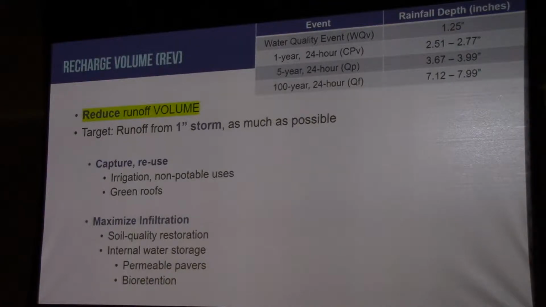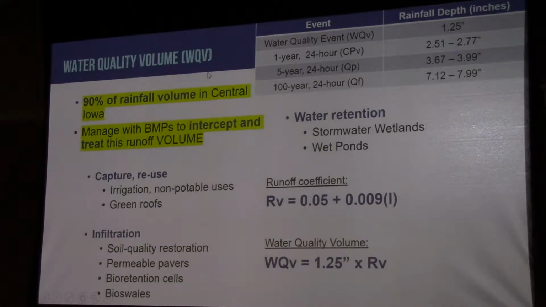Now, how the draft chapter works right now is this is a target standard, which basically means we would like you to meet the 1-inch, to infiltrate the entire 1-inch storm runoff. But in some sites, that's not going to be possible. There are going to be some sites with tough soils or things like that. So we're writing it like, show us that you've done what you can. Show us that you've taken these 3 approaches and you've achieved it to a certain level.